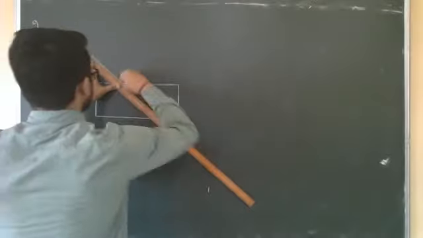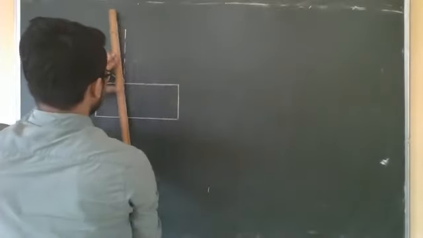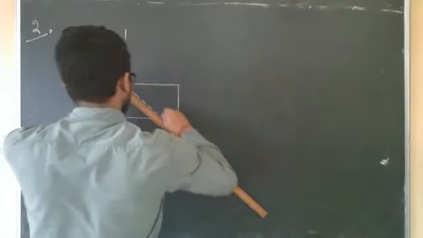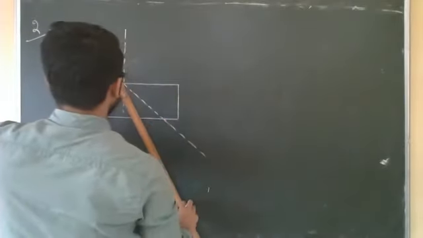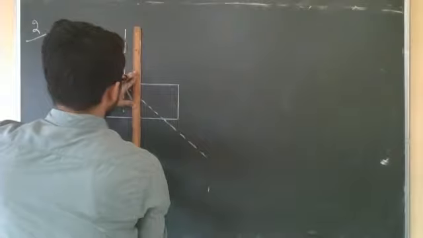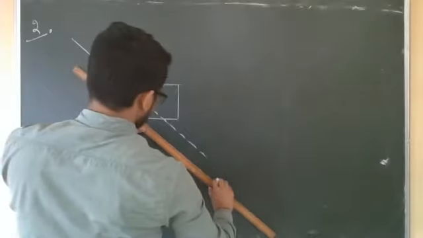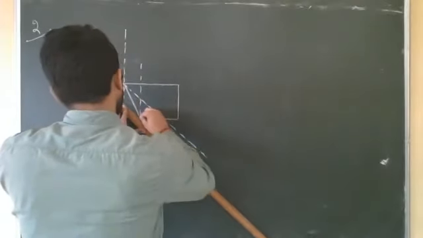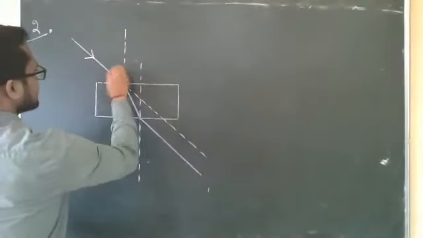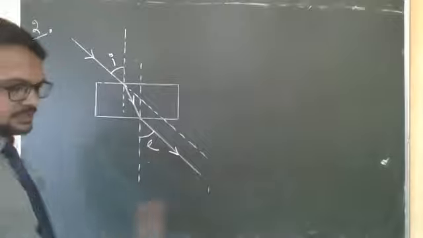So this is the incident ray. Then draw the normal. Although in this case you don't have to draw the diagrams, you can also draw it, no problem. But this question is very important. Then this is the refracted ray inside the glass slab. Draw the normal again. Then after refraction at the second surface, the emergent ray is parallel to the incident ray. This is the angle of incidence. This is the angle of emergence r.